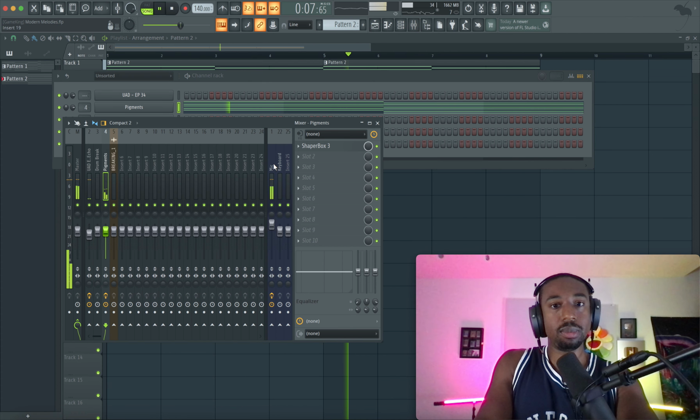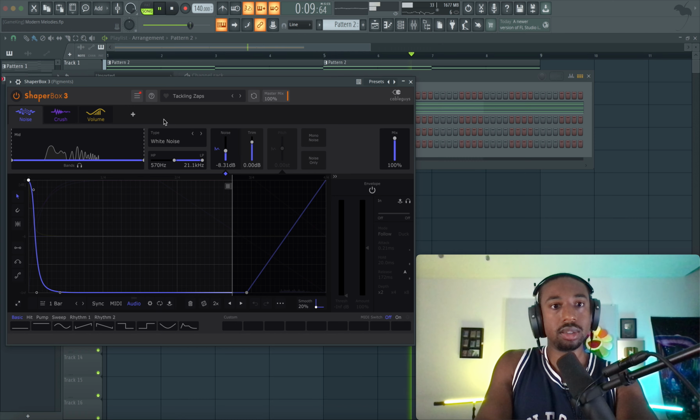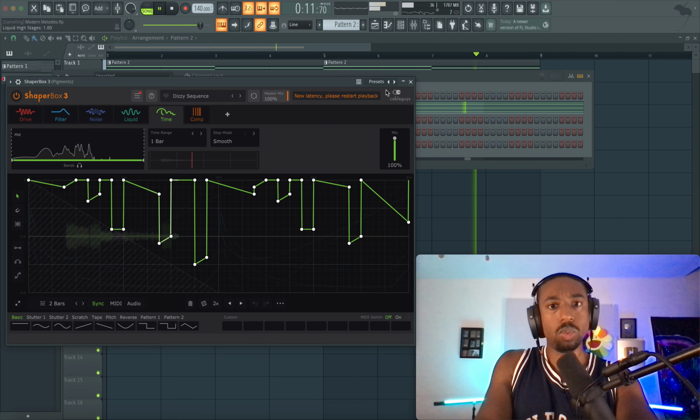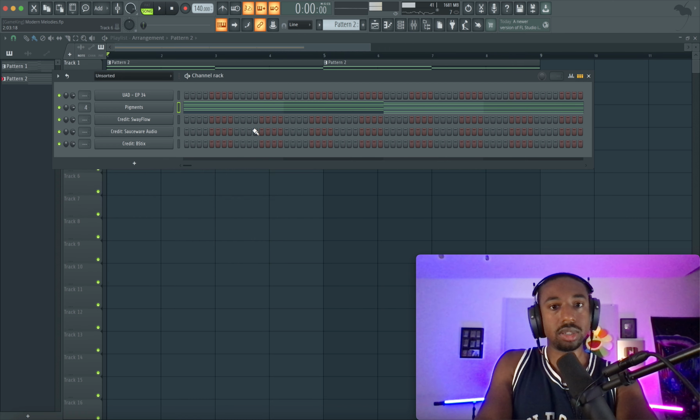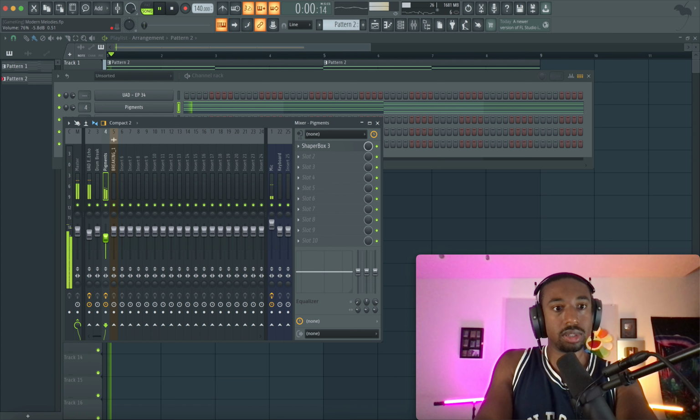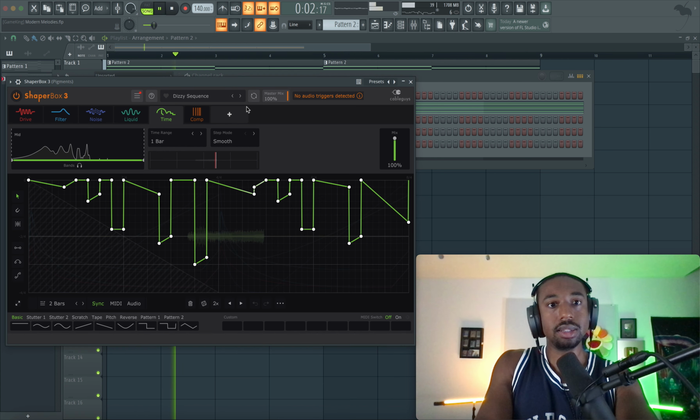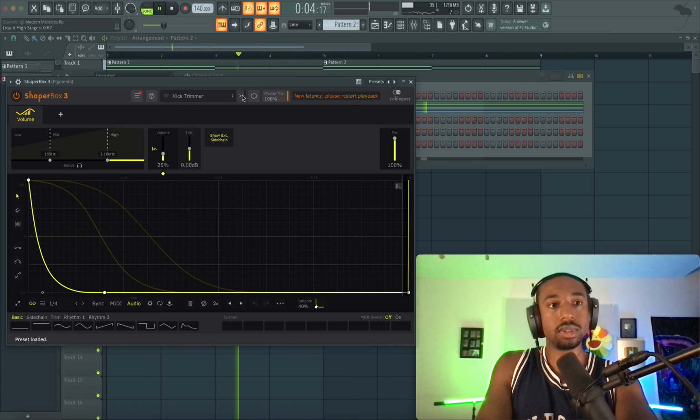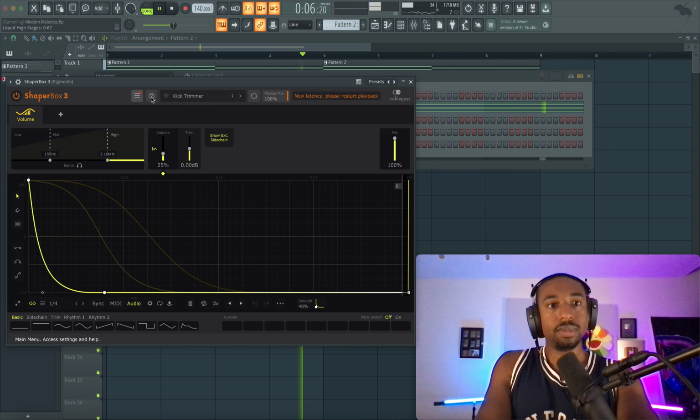All right, let's go back to Shaper Box, see if we can find any. Let me make sure I turn this down so we don't blow somebody's speakers. That's not a cool sound. I don't know if people just search presets in this plugin or what.